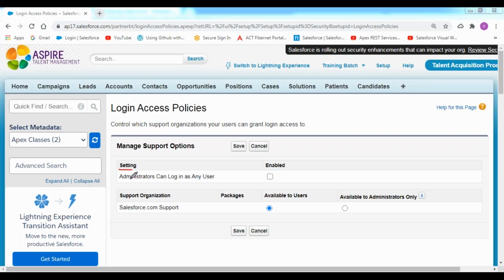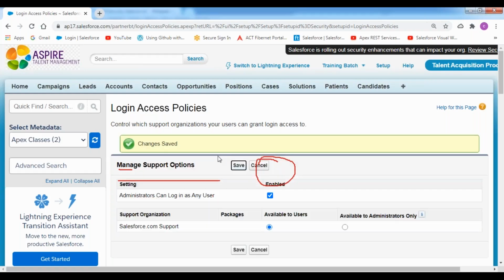Go to the settings: Administrators can log in as any user. Now I want to enable this option here. Enable this option, so that an administrator can log in as any other user. Now click on save. That means, as an administrator, I can log in to any user account directly here. So the user no need to grant his account login access to